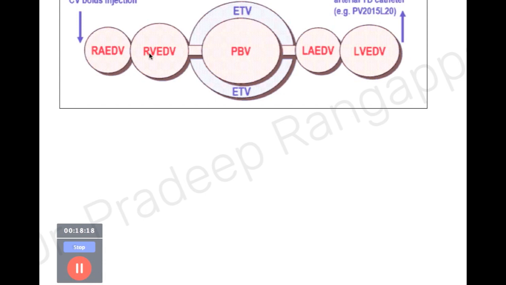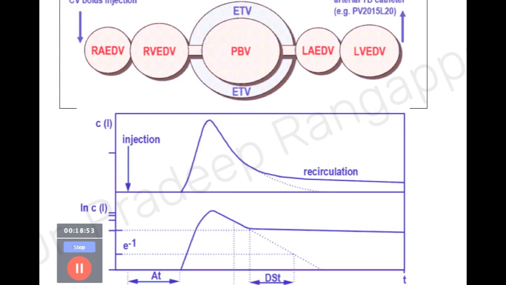So what you basically do is inject a bolus of saline into the right atrium. Then the bolus enters the right ventricle, and it determines the right ventricular end diastolic volume. Then it enters the pulmonary circulation, where your pulmonary blood volume is determined. From there it enters the left atrium, end diastolic volume. Then it enters the left ventricular end diastolic volume. So wherever this injectate enters, these volumes are captured from the thermodilution curve based on the temperature change that happens. So here there are two variables.